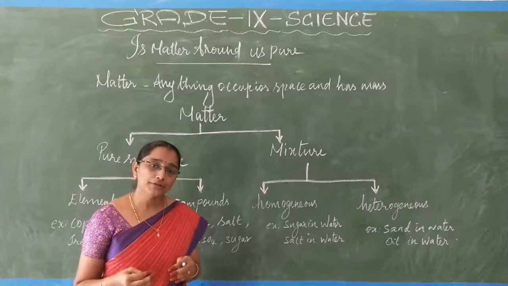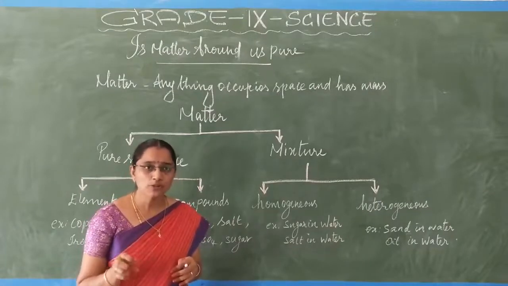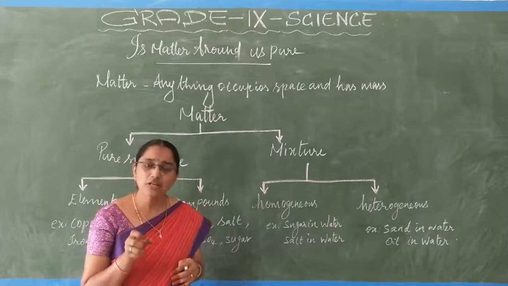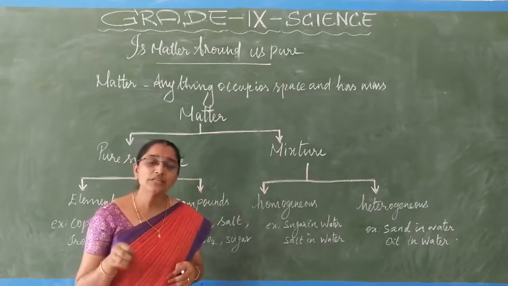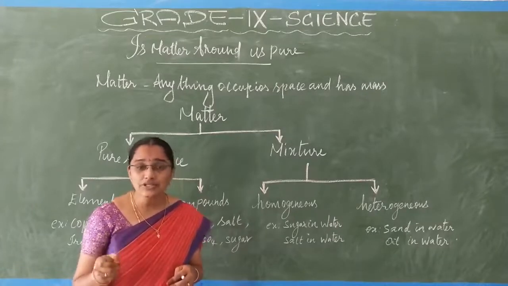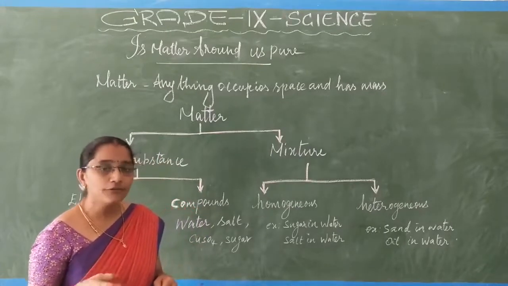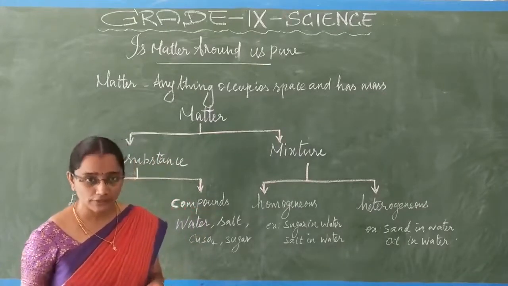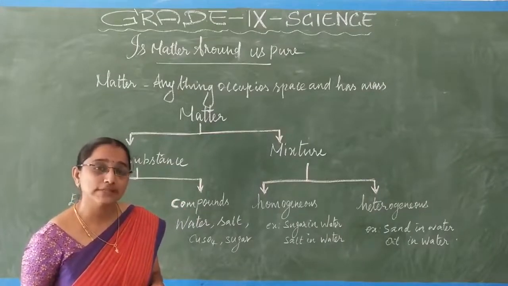From our point of view, when we take milk, it is uniform, completely milk, white in color. If I don't mix anything into it, we may say the substance is pure. That is, there is no adulteration in it. From my point of view, I consider that milk is pure. But from the scientist's point of view, milk is not a pure substance.